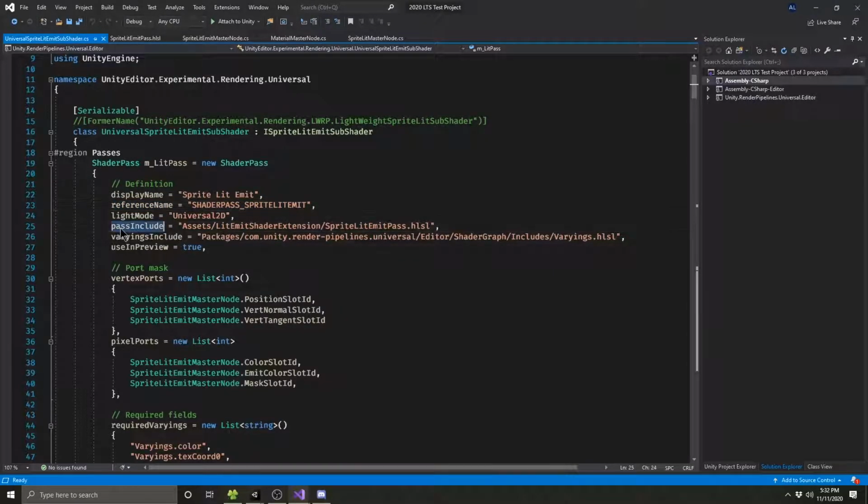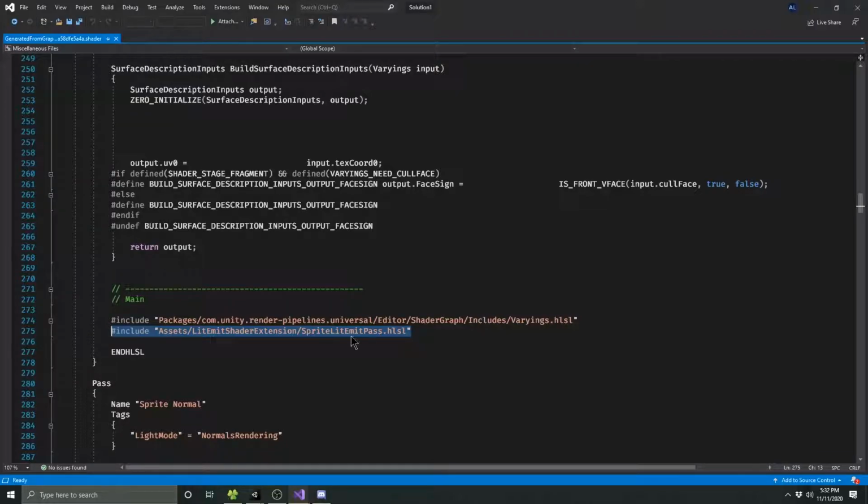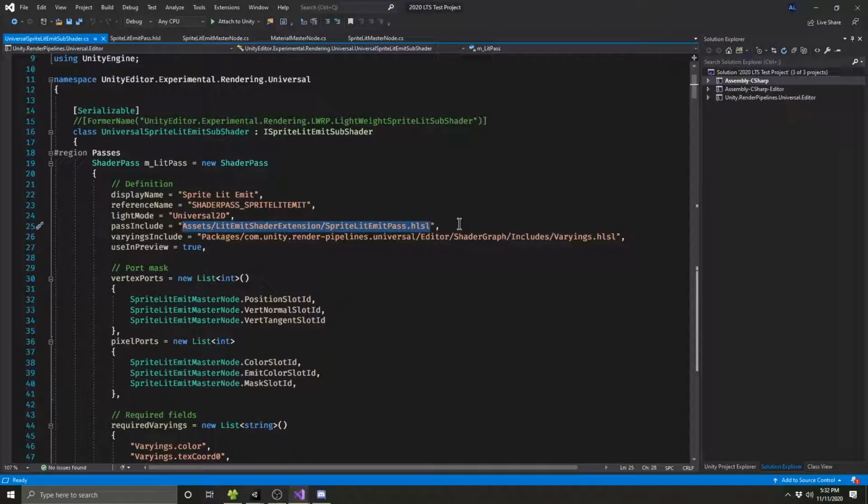Here there's this thing called pass include, which is important. That's actually what you need to change if you change the directory. So if you put this in a different folder, you have to make sure that this directory reflects the place where your HLSL script exists. That's the thing I showed you originally back, well, here. That's this piece right here. So you have to make sure this directory is correct, or else you're going to get an